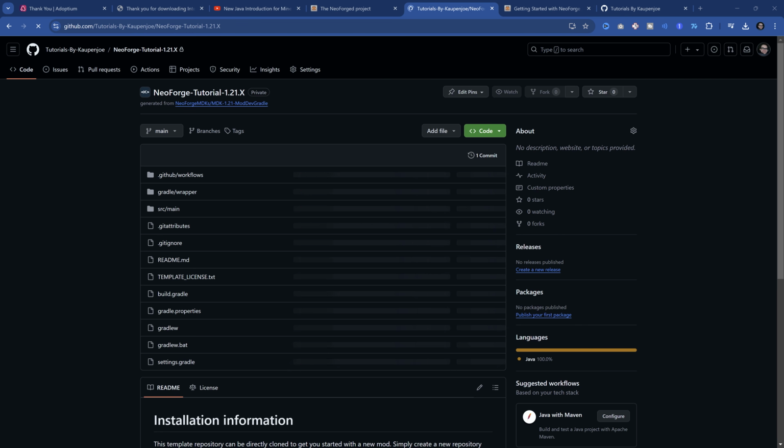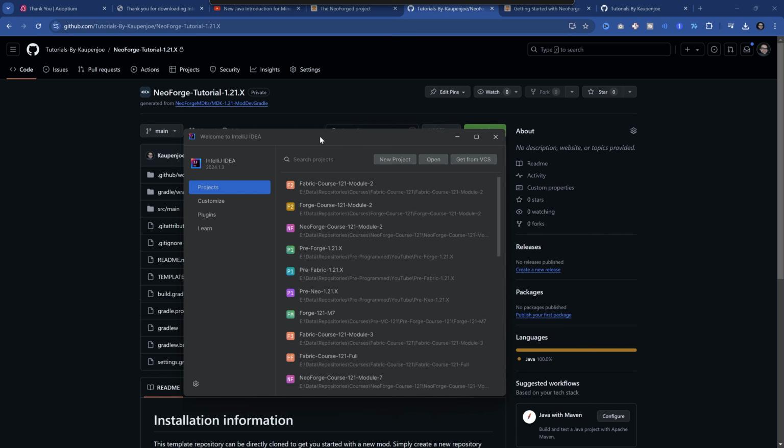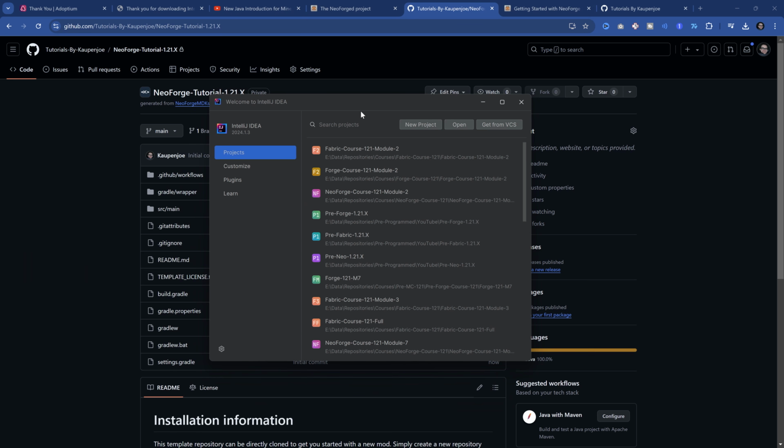And now from that point onwards, we need to somehow get this onto our own PC because, I mean, IntelliJ, we have this on our PC, but we don't have this particular project on our PC. What are we going to do now? Well, we're going to start IntelliJ for the first time. And what you will find is that you will have not exactly this view, but you have a new project button, an open button, and a get from VCS button.